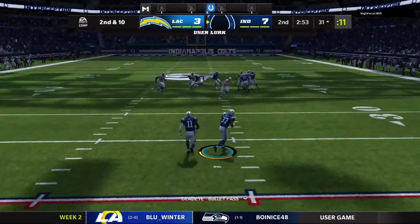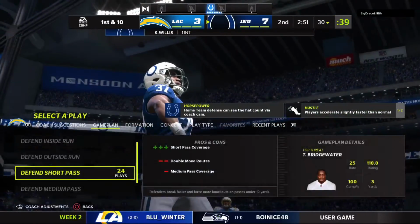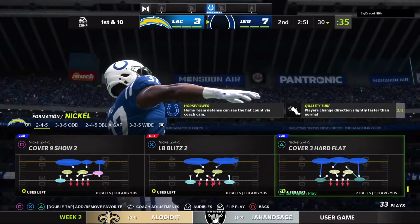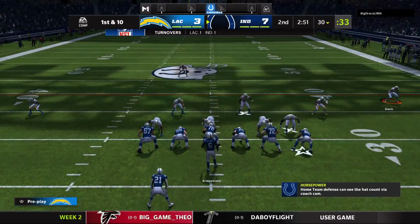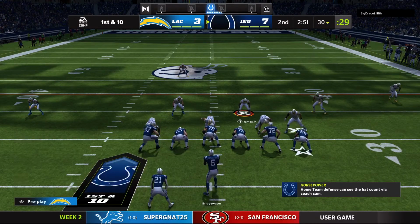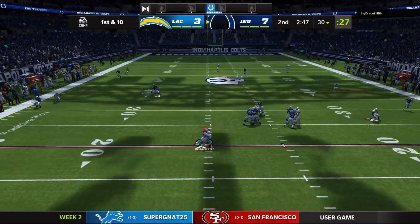Try to get it to Williams, but it's intercepted. Picked off by Corey Willis. And the Colts are going to take over at their own 30-yard line. That throw, Charles, over the middle of the field, and a few too many bodies in there, got picked. That's a normal situation, too, isn't it? No matter how hard you try and spread the field sometimes, there's always going to be a traffic jam, it feels like, towards the middle. And if there's any type of a missed throw or maybe the ball's tipped or just too many...